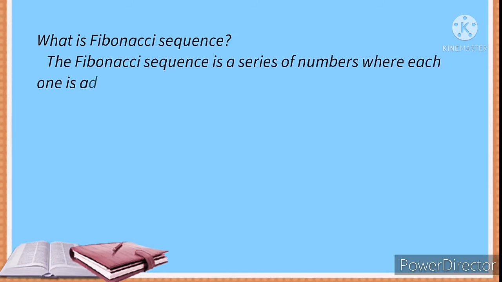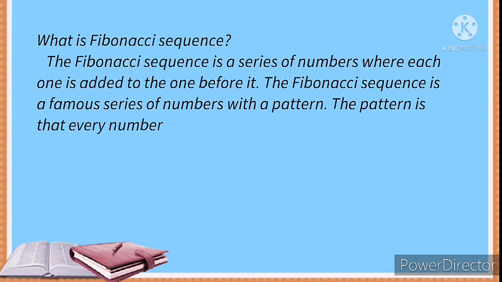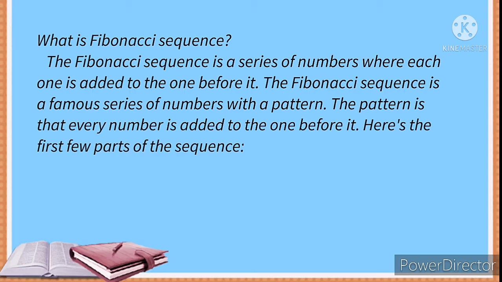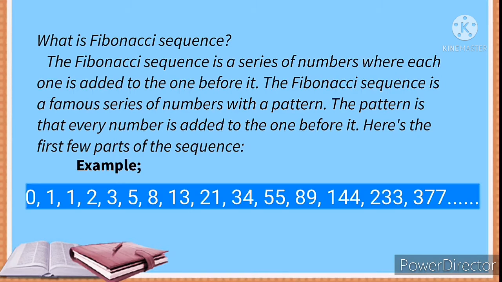What is the Fibonacci sequence? The Fibonacci sequence is a series of numbers where each one is added to the one before it. It is a famous series of numbers with a pattern. The pattern is that every number is added to the one before it. Here's the first few parts of the sequence. For example, 0, 1, 1, 2, 3, 5, 8, 13, 21, 34, 55, 89, 144, 233, 377, and so